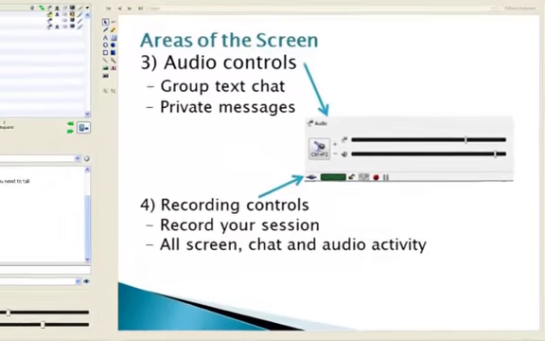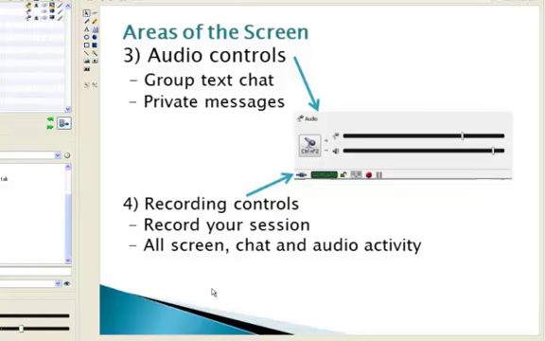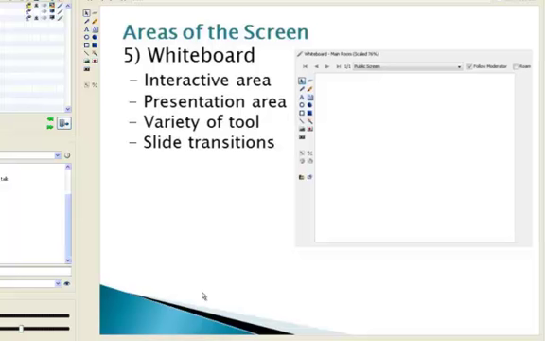The large area of the screen where you see the PowerPoint slides is called the whiteboard. So this is the interactive area of the screen. You'll notice right now I am using a device to identify different parts of the screen that I'm talking about. I can also draw. I can also have my students draw. So I might have some images I throw up on the screen, or we might do a brainstorming session where everyone can contribute to the whiteboard. There's all kinds of features here that would be dependent